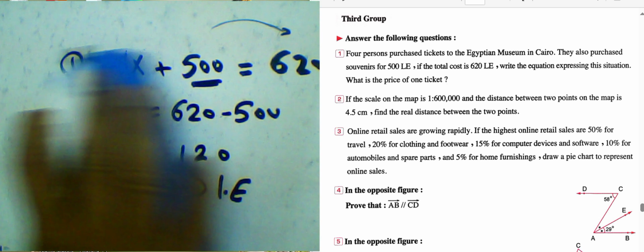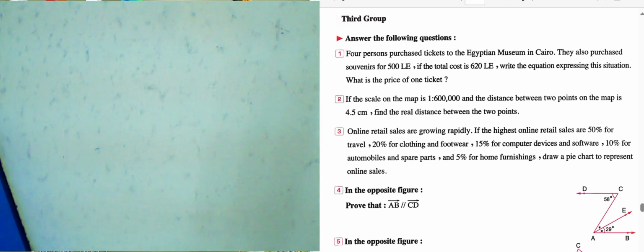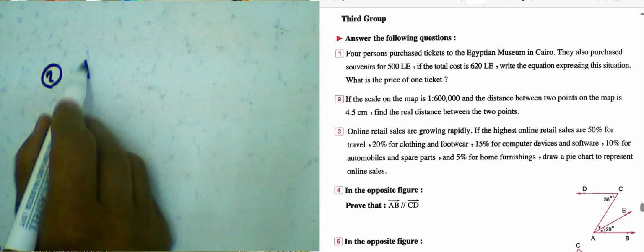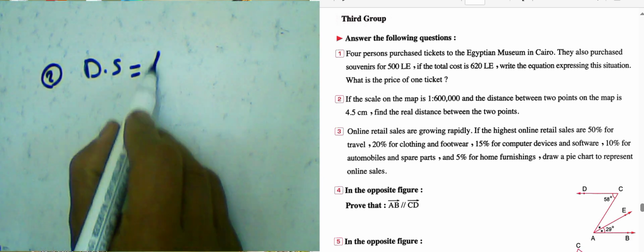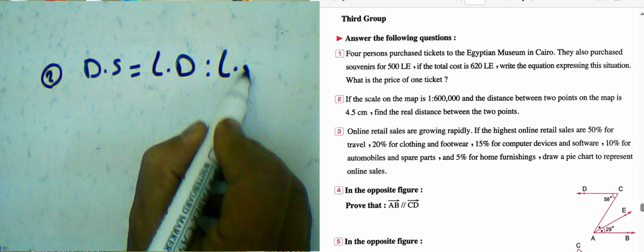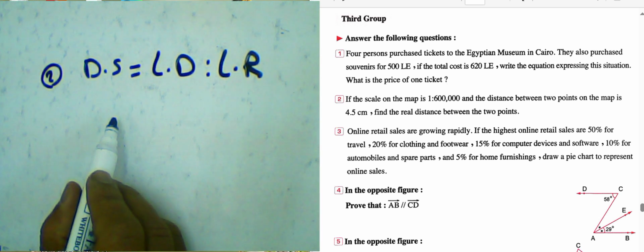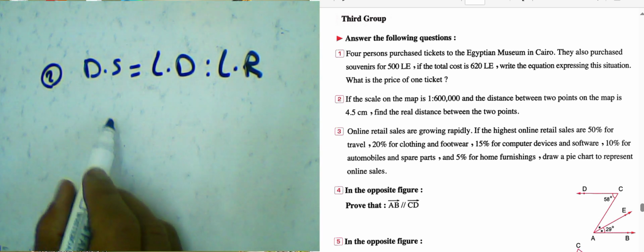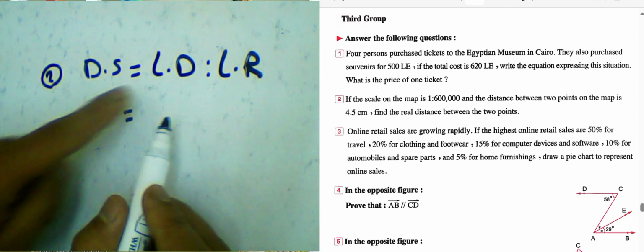Okay, understood this question? Okay, question number 2. If the scale of the map is 1 to 600,000 and the distance between 2 points on the map is 4.5 centimeters, find the real distance between 2 points. First step, we must know the rule here. Drawing scale equals length in drawing to length in reality. And then we can write the rule here. We have length in drawing 4.5